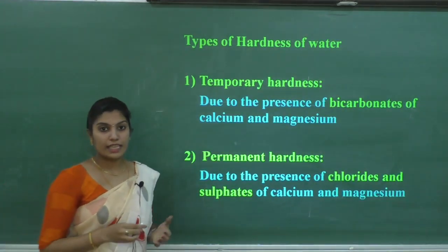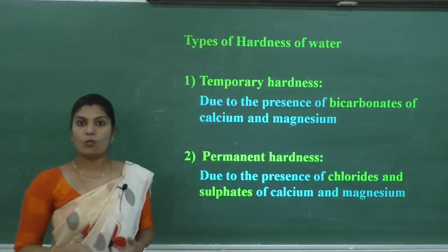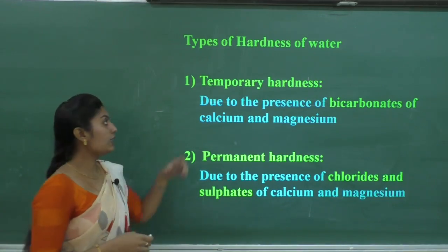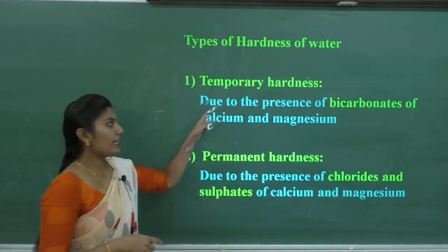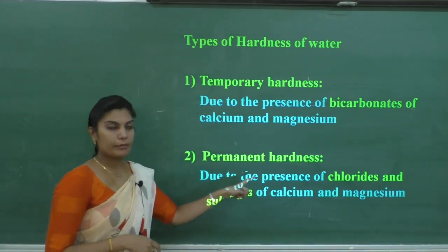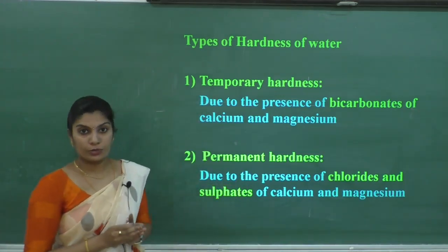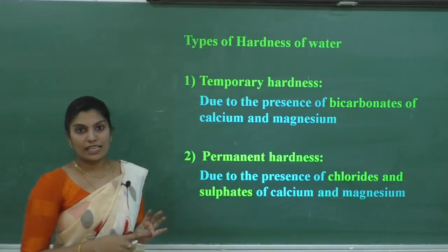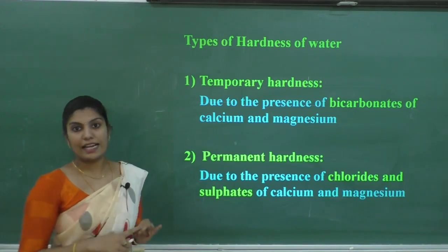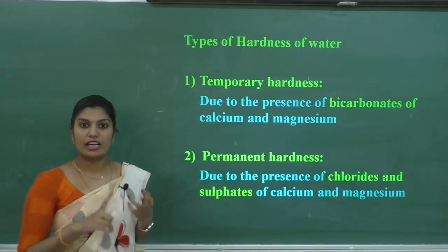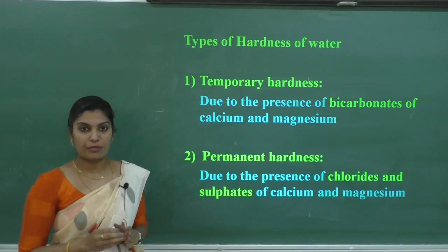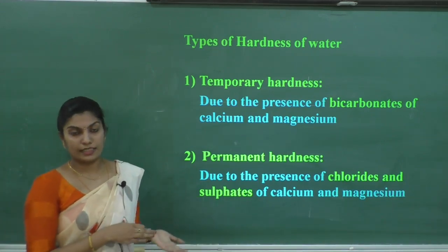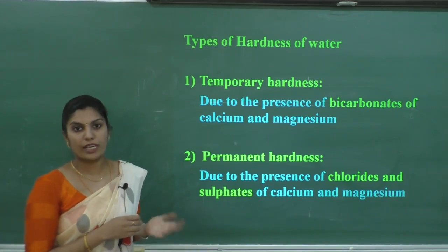Next, coming to the types of hardness of water. There are two types of hardness of water, that is temporary hardness and permanent hardness. Already you know that hardness is due to the presence of chlorides, sulfates and bicarbonates of calcium and magnesium. If any one of the salts is present in water, then the water source is said to be hard